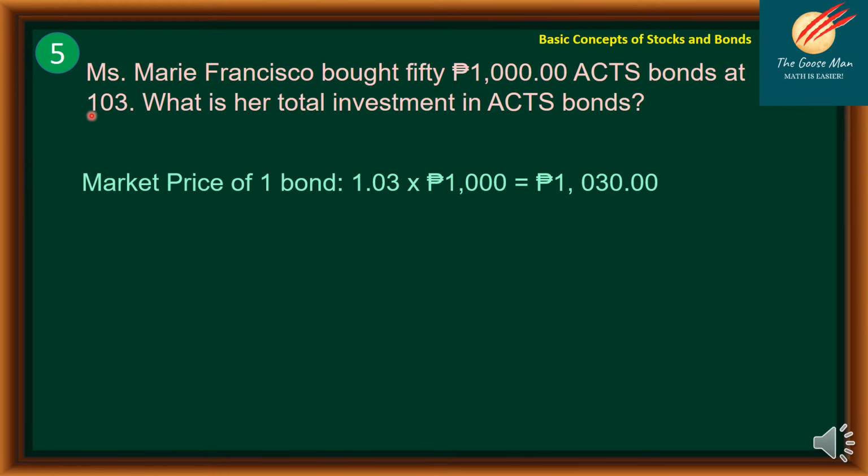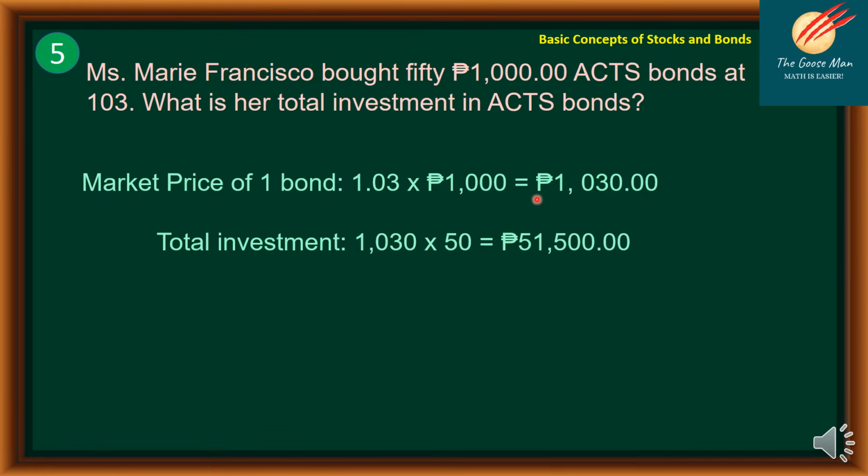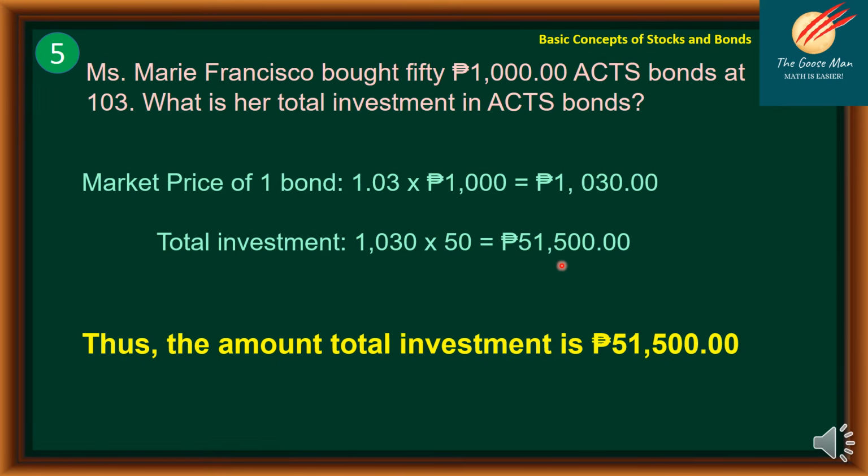So if we divide 103 by 100, we will come up with 1.03 times 1,000 pesos, because we have 1,000 pesos worth of this bond. So this is equal to 1,030 pesos. This is the market price of one bond. Now, the total investment: we have 50 bonds. So that is 1,030 times 50, which is equal to 51,500 pesos. Therefore, the total amount invested is